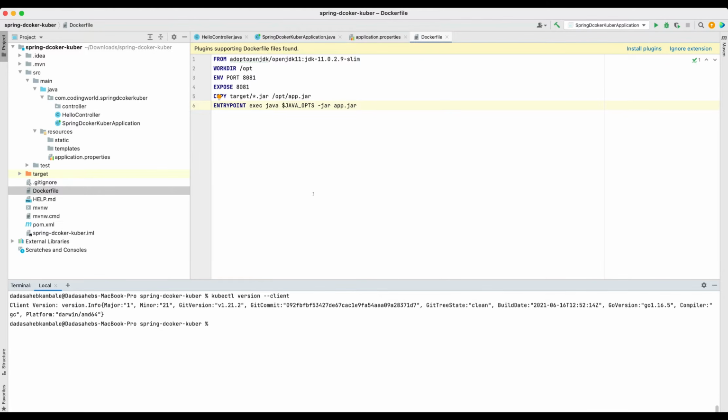Now let's write a deployment script. In Kubernetes there are two scripts. One is a service and the second one is a deployment. Deployment is used when you are deploying your Docker image on Kubernetes, and service is for exposing that deployed service to the outside. Other than this there are many services, but in our case, to expose our service to the outside world, we write a service script. So let's write these two.